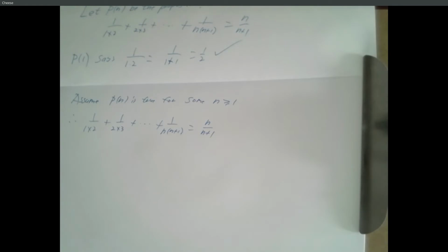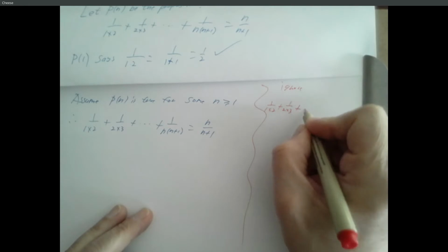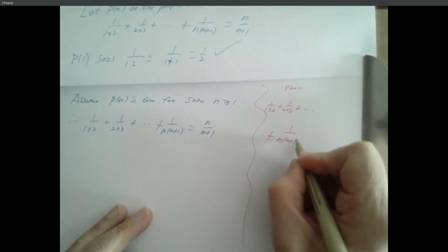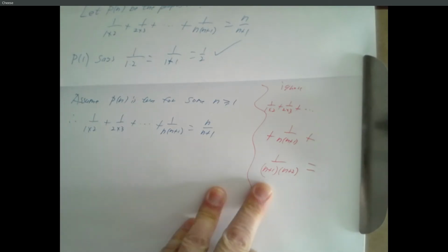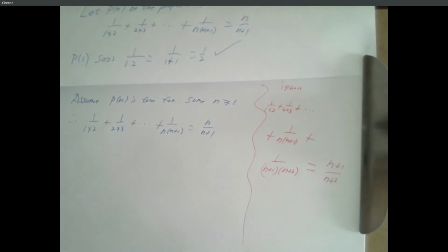Right, we know that's true because that's what P of n says, and we're assuming P of n is true. Well, we want to prove P of n plus 1. And P of n plus 1 says something almost exactly the same. We're just going to add one more term on the left here, 1 over n plus 1 times n plus 2, and that should turn out to be equal to n plus 1 over n plus 2. That's what we're after. If we can show this without cheating, then we've shown P of n plus 1